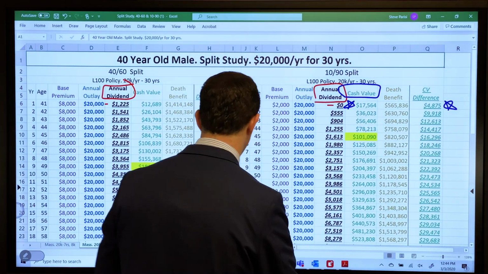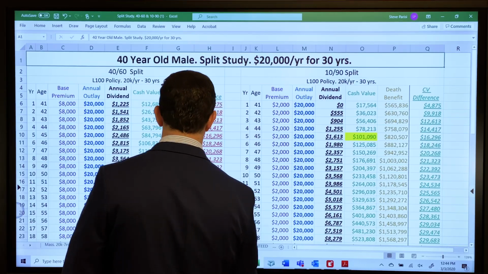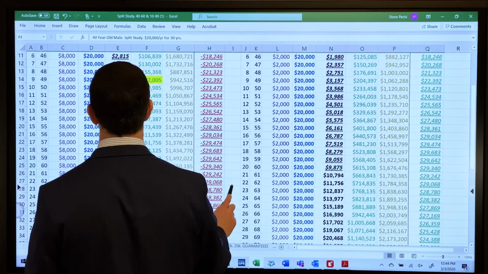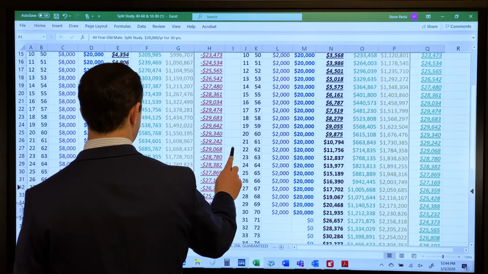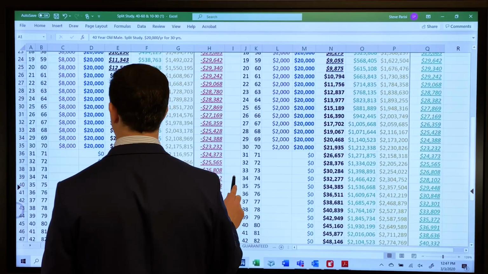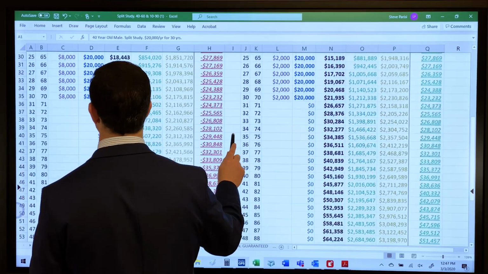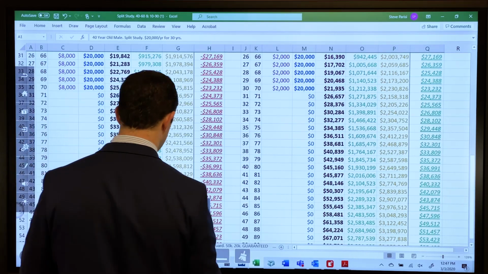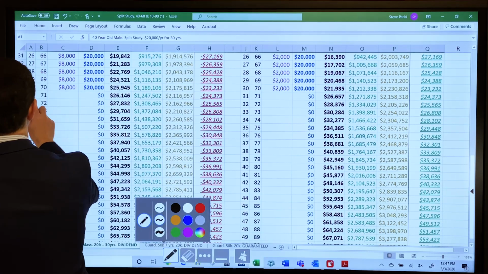Let's look at it long term. Because we want to see, hey, does it make sense to go with the higher base premium if it generates me more cash over the long haul? I've heard this argument several times, so we decided to throw a study out there. This is part 1. 30 years into it,